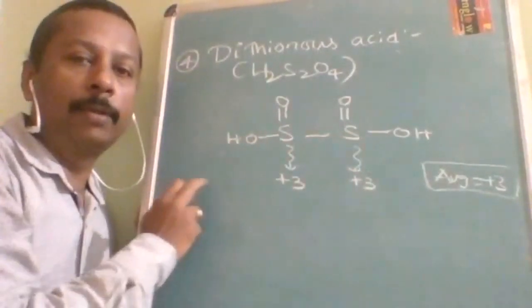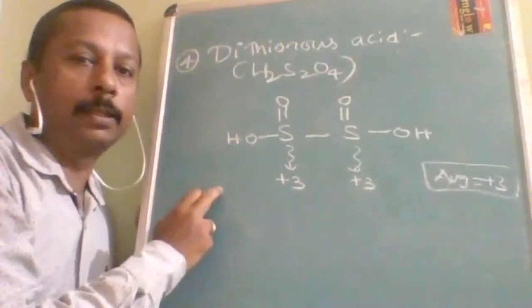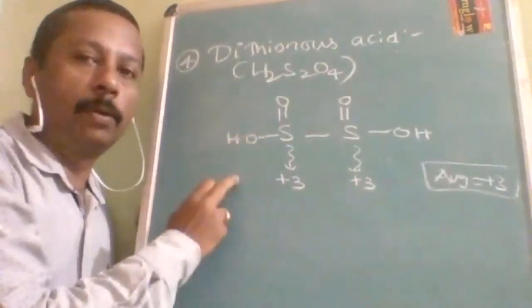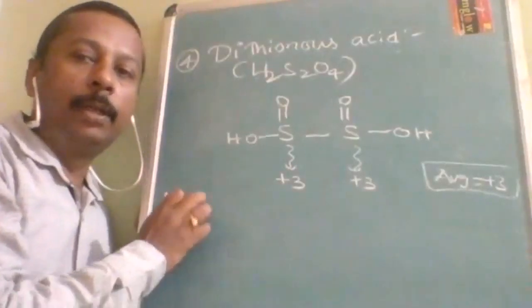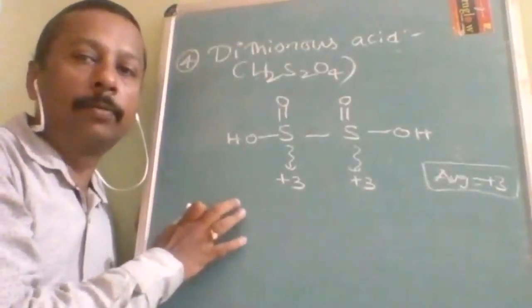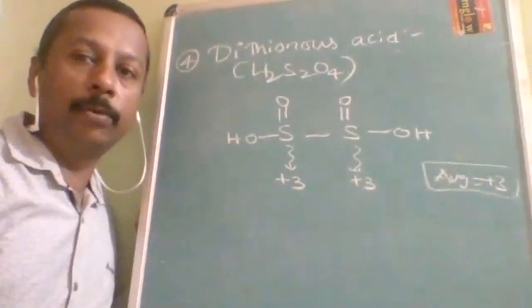Questions will be the number of S and S bond linkages, the number of S double bond O's. Okay. Like that, you will find these in books also, but how to draw and how to find out, that concept I am making you understand.